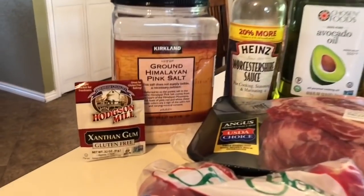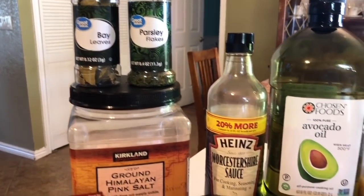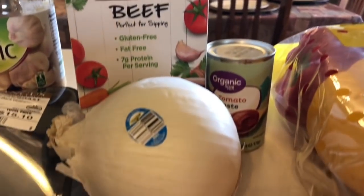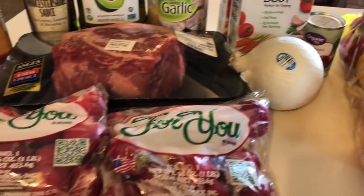Next up, we're going to be making some beef stew. I haven't had beef stew in quite some time. And we're having a cold front here in Arizona. It dropped all the way down into like the mid-90s. I'm just kidding. But I really wanted some beef stew, and that is all the ingredients that we are going